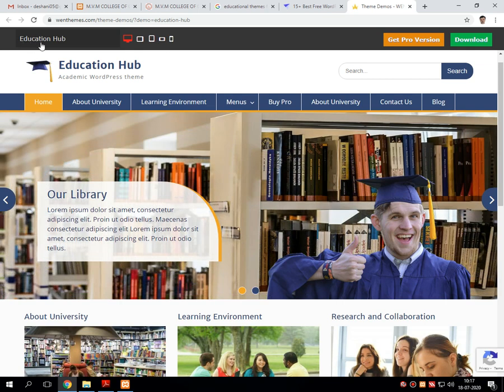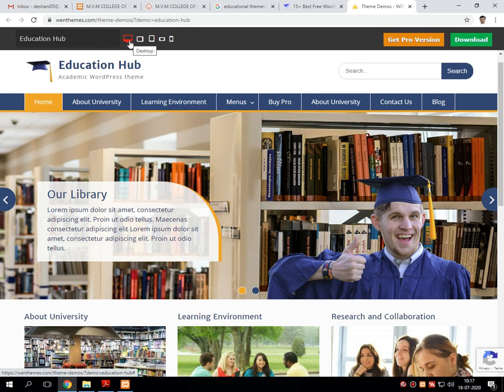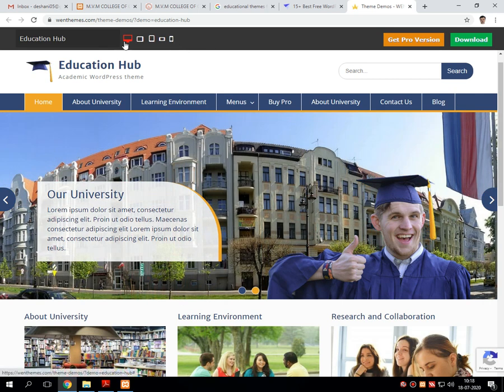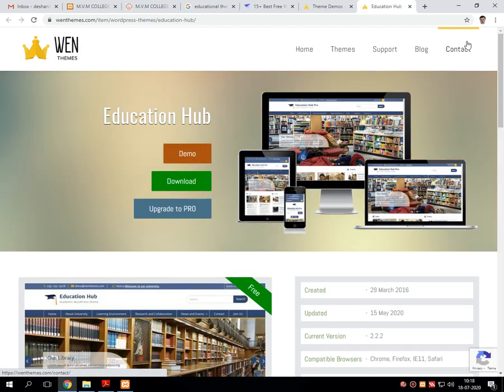Means suppose I have downloaded this particular theme, then it would be supported in landscape and portrait mode in tablet and mobile, as well as it fits for the desktop. So directly you can download this particular theme by clicking on download.